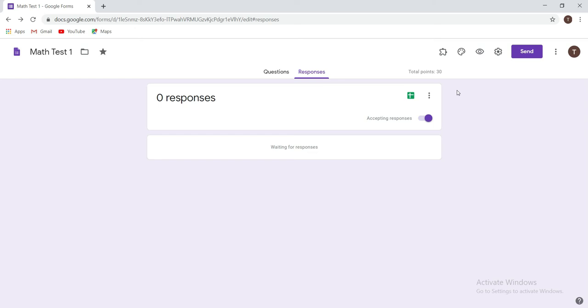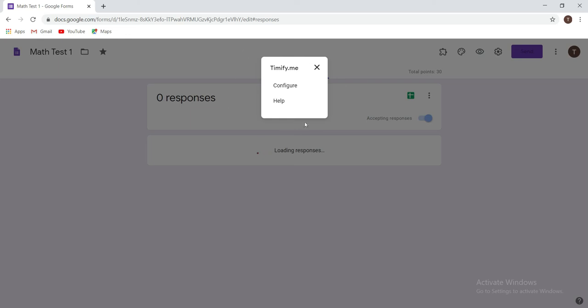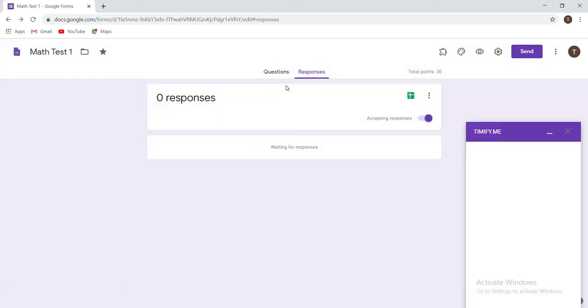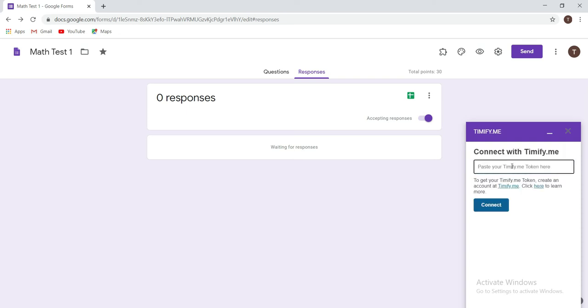Let's go and set up Timify Me. So once you click on add-ons and Timify Me, you get this option of configure. Click on configure. Whenever you use it for the first time, you need to add a token number to this. So now, as per the instructions, you have to go to